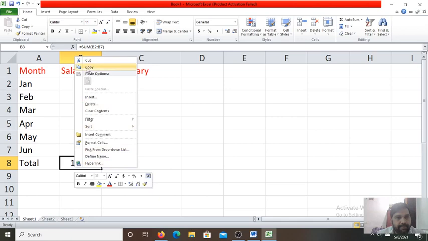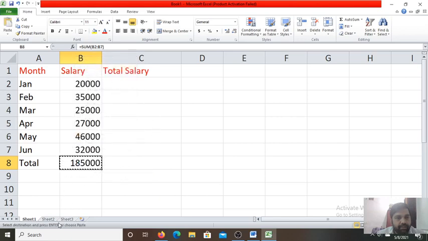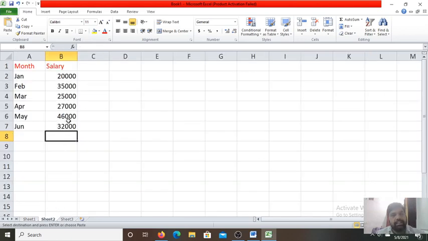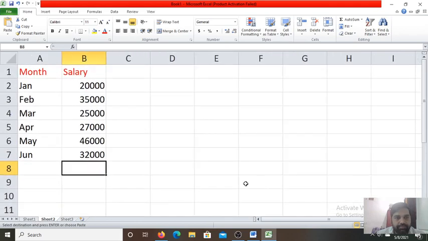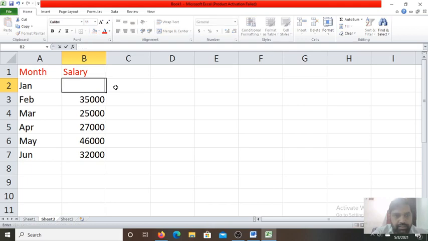Now again, let me copy and paste the formula. Copied. Now move on to sheet 2. Here I am going to change some values. Suppose in place of salary 20,000, I'm going to make 15,000. This value I change. Now in place of 27,000, I'll make it 20,000.